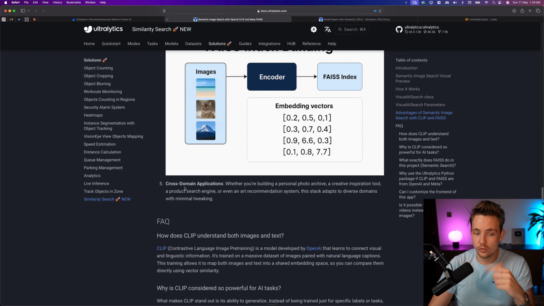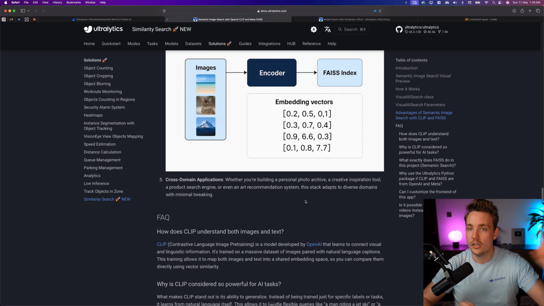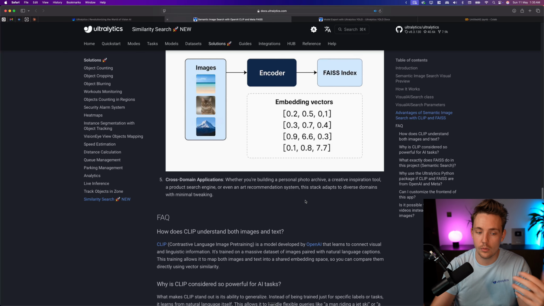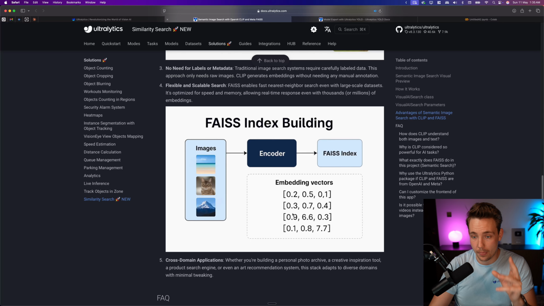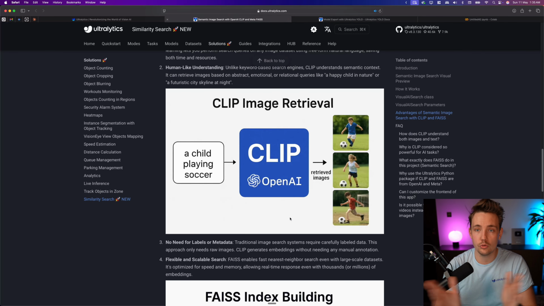This could also be used for cross-domain applications. If you have different domains, it could be your personal photos, for example, or anything where you have two different areas. You have two different datasets. You have some production images and you have some cat and dog images. That could be a two-domain application, and you can pull the images from both domains basically just by querying with your text prompt. This is very useful in a ton of different computer vision applications,